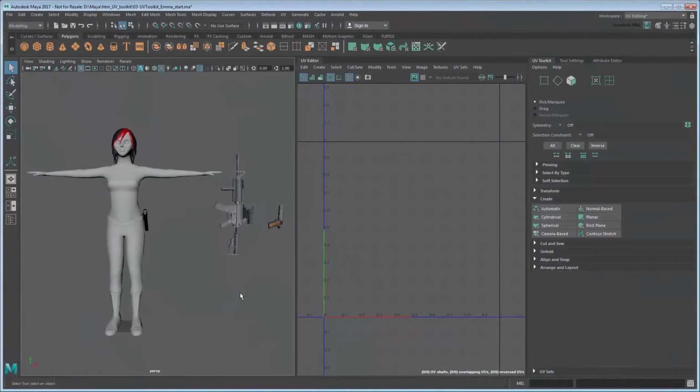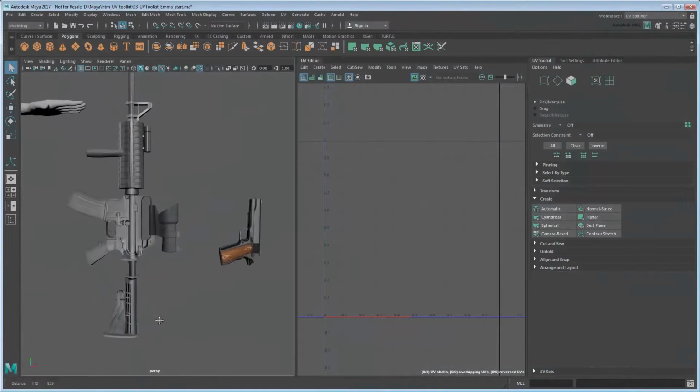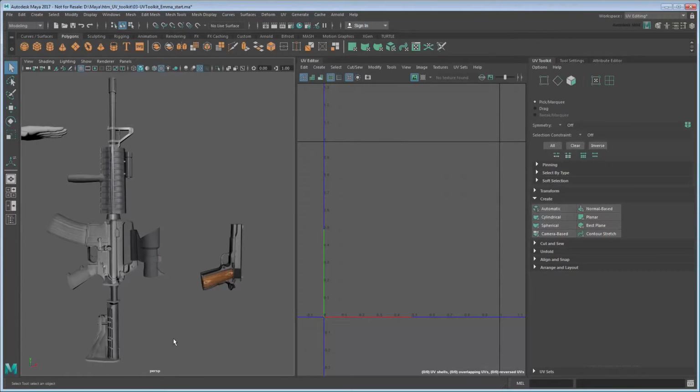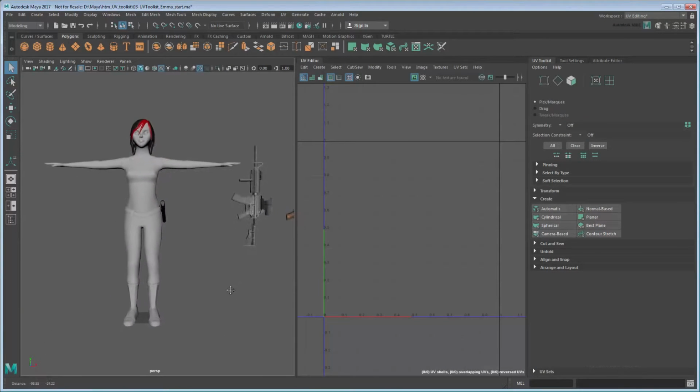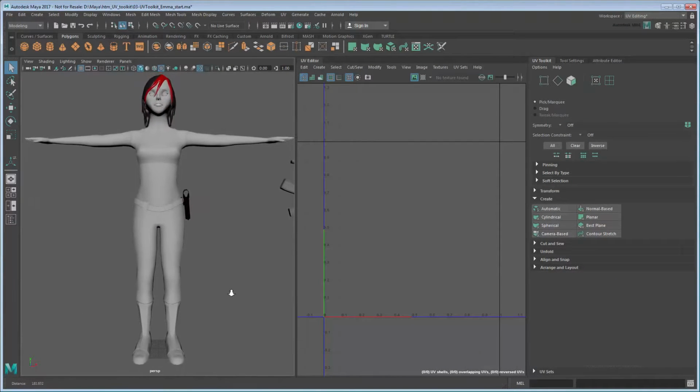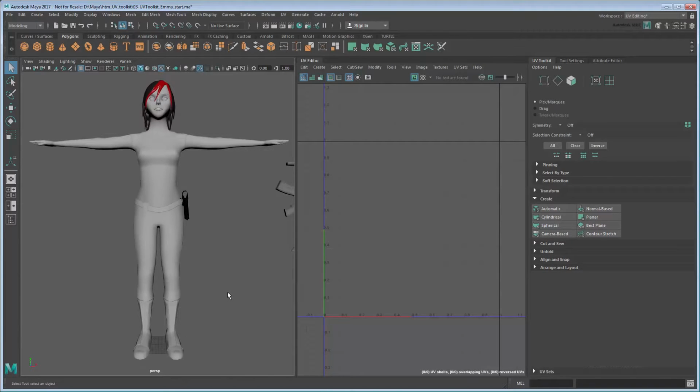In the previous two movies, we showed you how to apply a UV map to a pistol and rifle. In this movie, we'll show you how to assign one to a character model. Start by setting your current project to the provided scene folder, then open the file UV Toolkit, EMMA Start, or